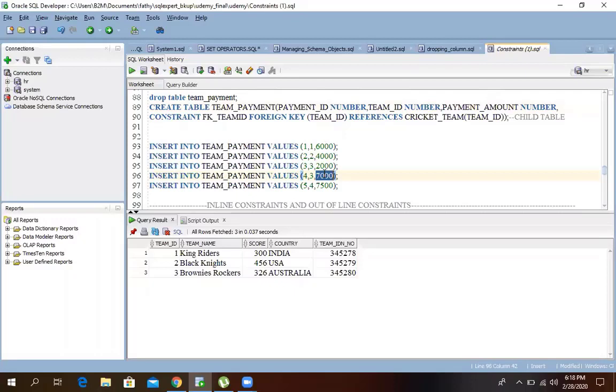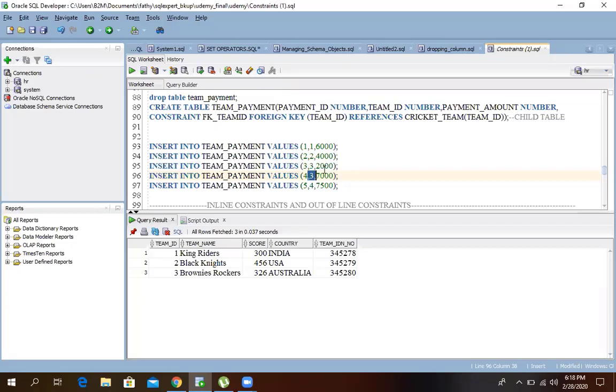You have to check like that: whichever column is coming first, that column value only you have to see, in the same order. So in line number 96, what is the value of team ID? It's going to be 3.